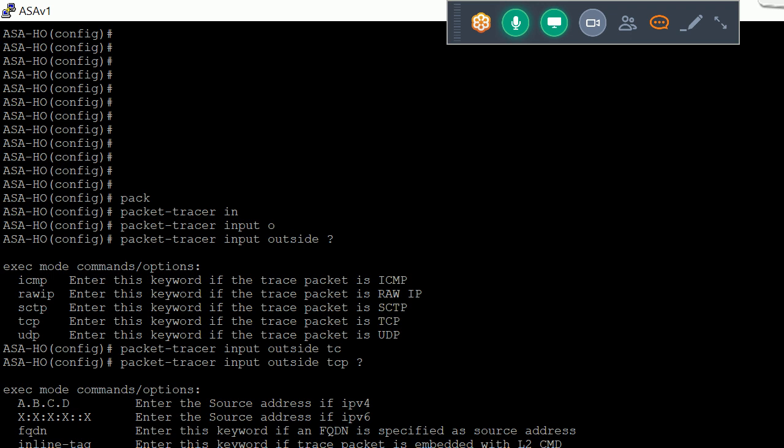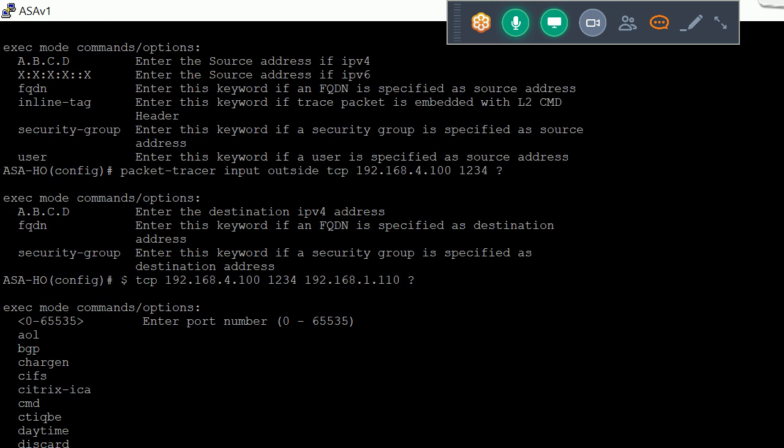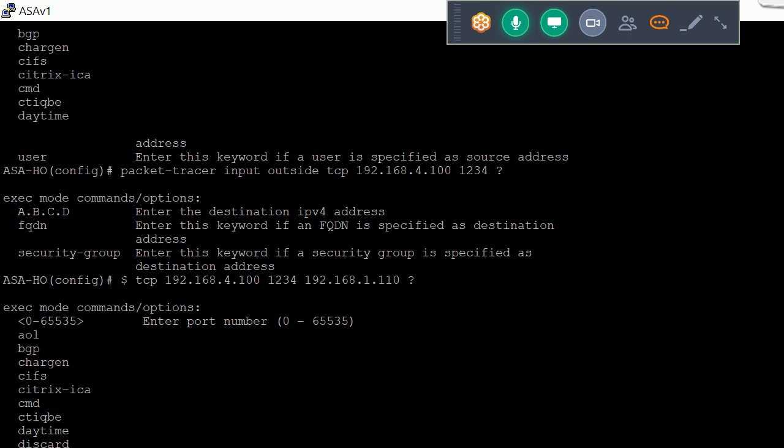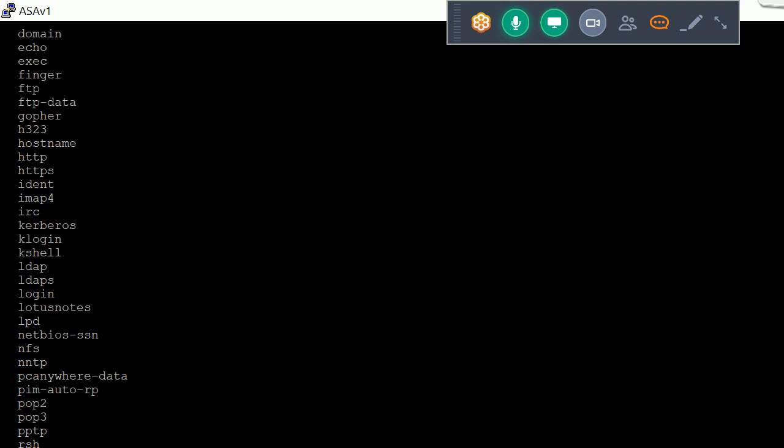After that I'll define the destination, which is 192.168.1.110, and our service, so I'll use 23 here.